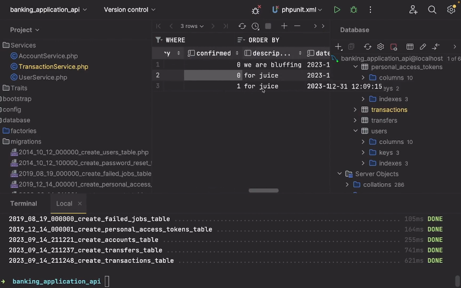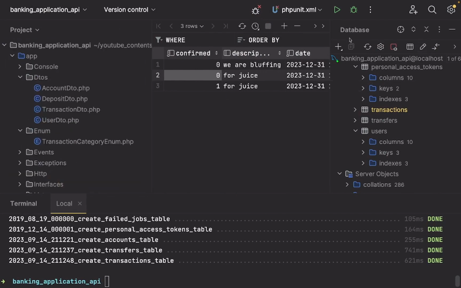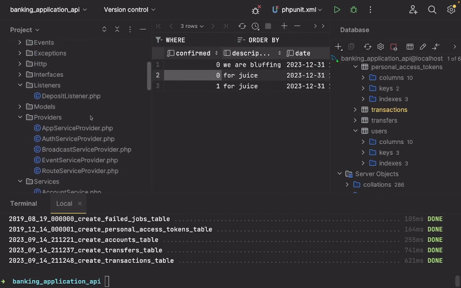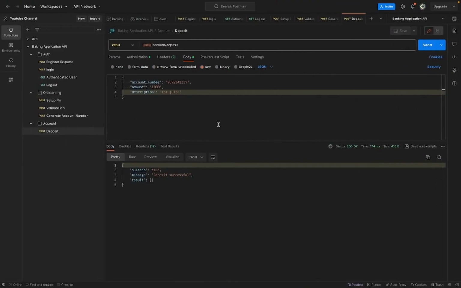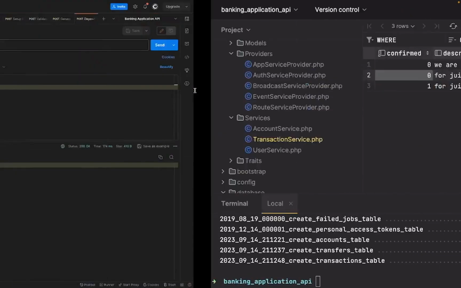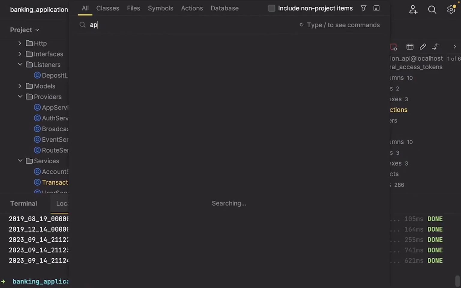I hope you were able to follow me. I know we've spent a very long time to get this to work. So I'll just run us through everything that we've done. We've created a way for users to deposit into their accounts. So let's say an amount, the account number, and the description. So when they hit that particular API,